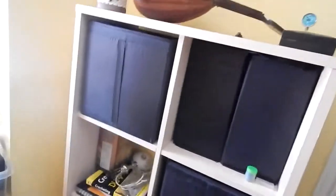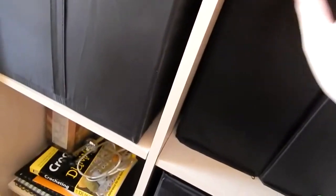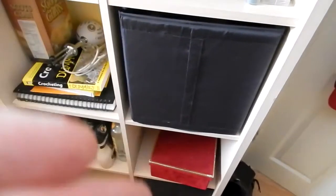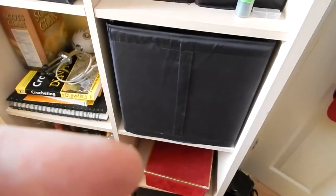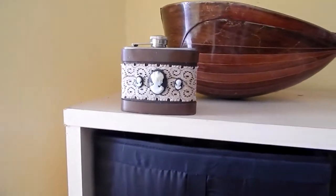And then over on this side we have basically just generalized storage. One of these is like random cables, random junk, paper. The bottom two are computer components, and we will... No, I don't drink at all. Never. Haha. And of course my microphone and what have you, and on top I have a hip flask